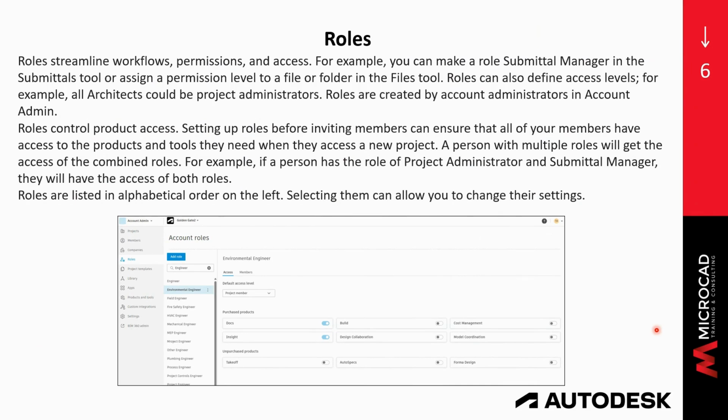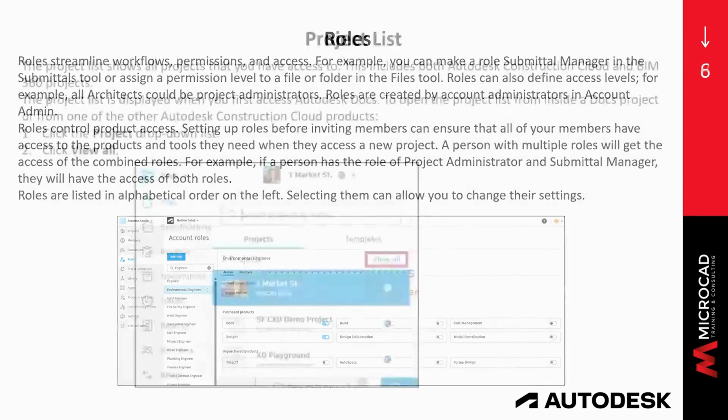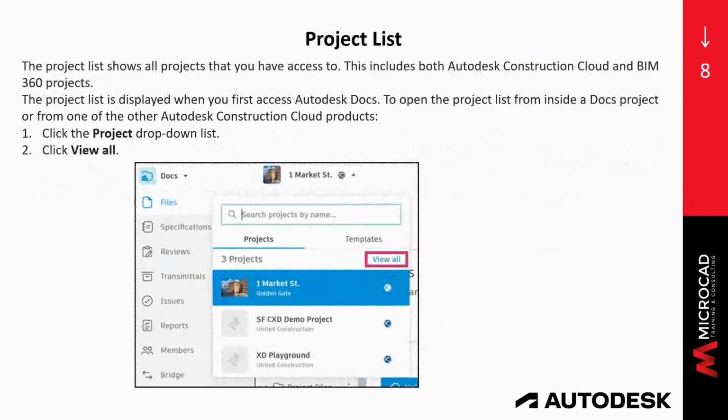They can have permission just to view files so that they don't mess with your stuff. So a ton of control in that sense, which is, from my point of view, bigger control than what you have through the other offerings where you have a common location to place your models or to place all your files. And the advantage of the ACC is that you can also upload CAD files and